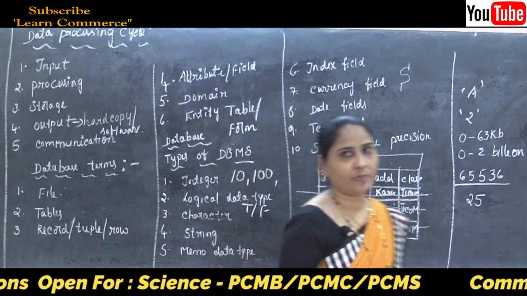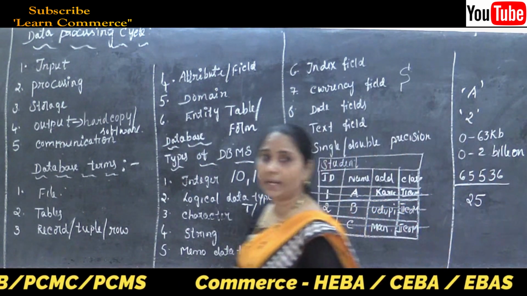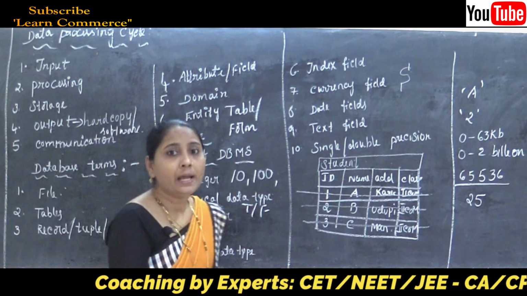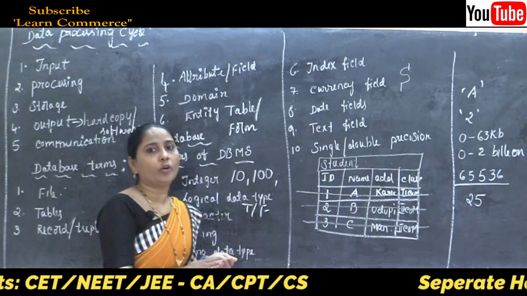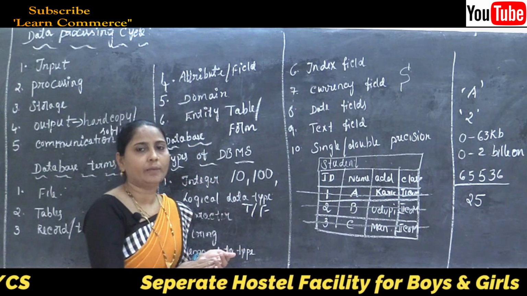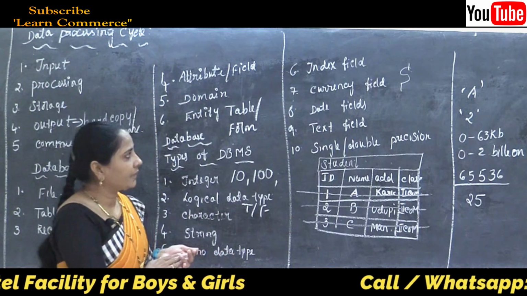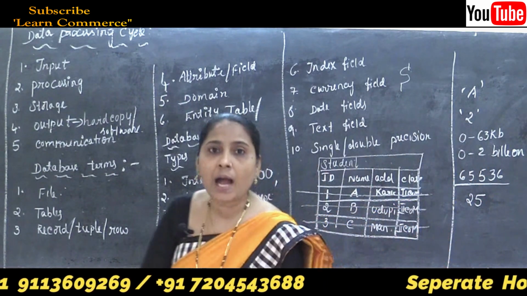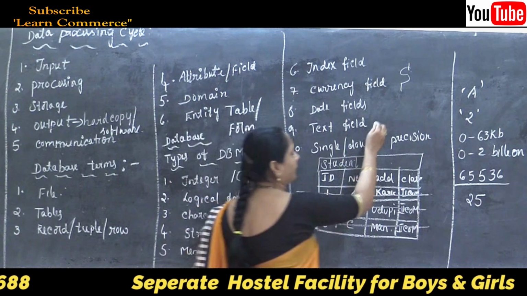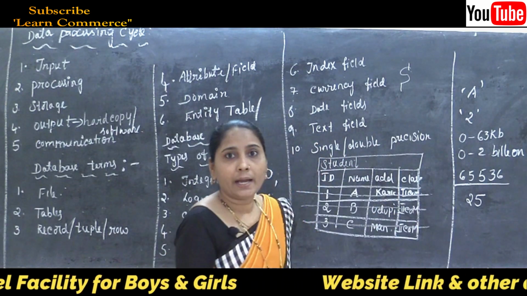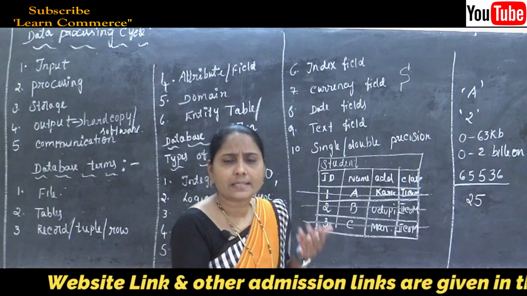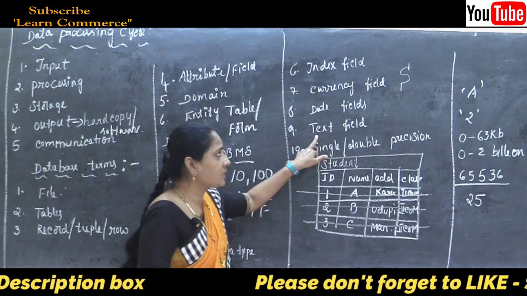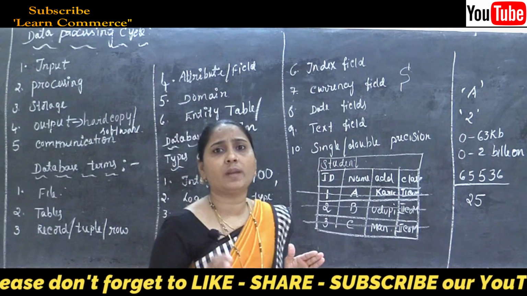Next one is the text field. Why do we use the text field? We know that the currency field accepts the data in dollar format by default, and the date field is used to accept the data in date format. Maybe any date you want to enter in the database, you can use the date field. The text field can accept the data in alphanumeric text strings. Sometimes we use just characters, and sometimes just numbers. By using the text field we can use both characters as well as numbers.